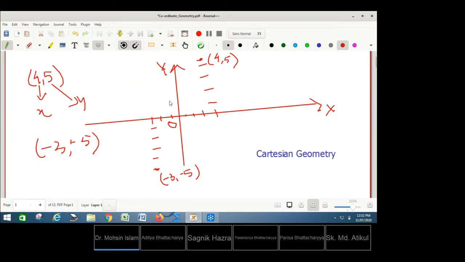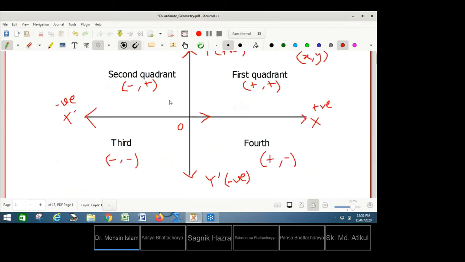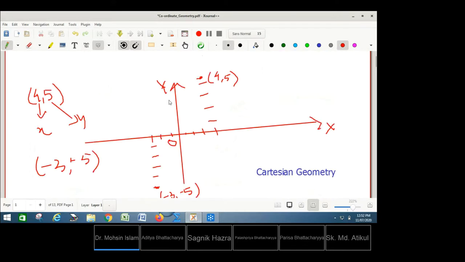Now suppose how will you show a line x equal to k, a constant? How will you show it on the two dimensional space, or Cartesian coordinate system? Sorry, we must write here Cartesian coordinate system.